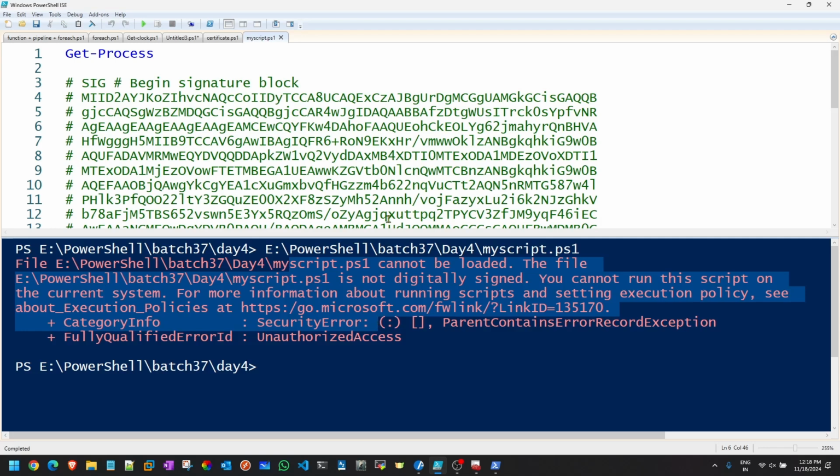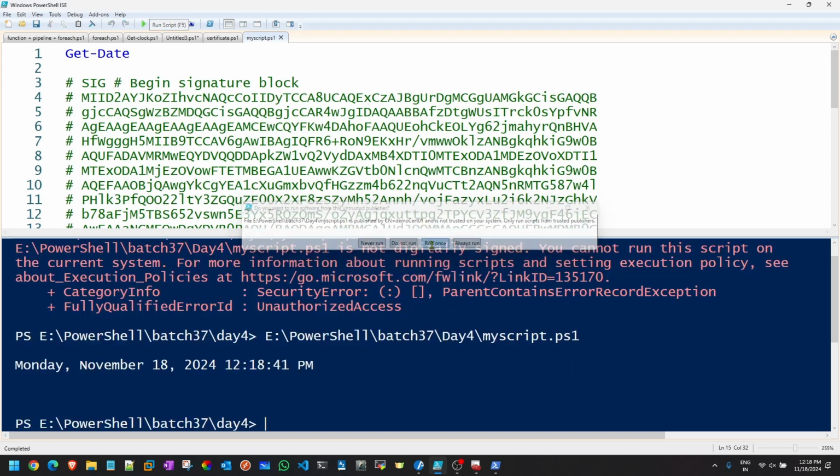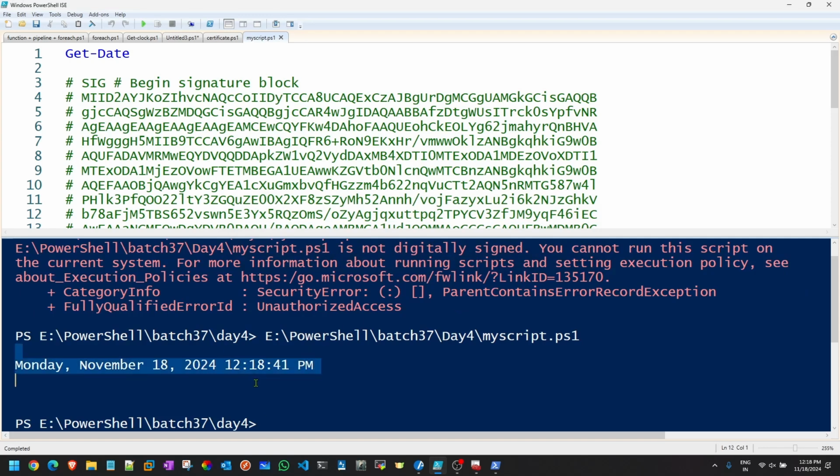Got it now? It has to be Get-Date only in order to work with it. See here. Clear to everyone? That is what basically a digital signature is all about.